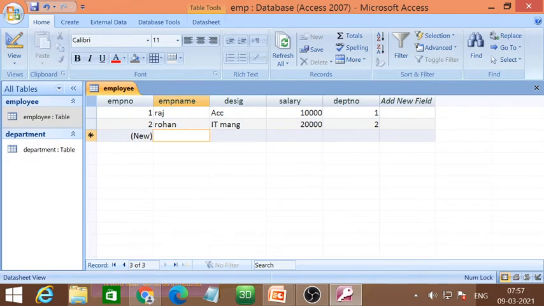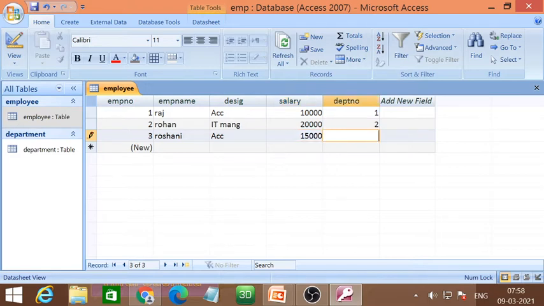Third employee is again Roshni, and she is also an accountant and the salary is 15,000.